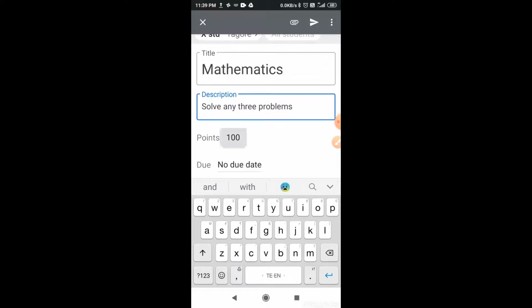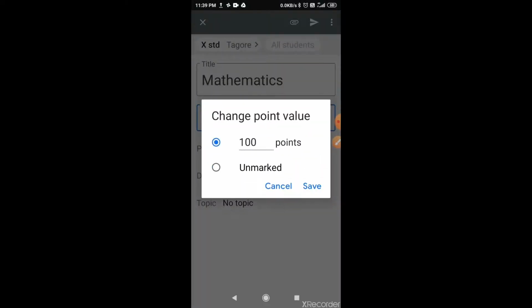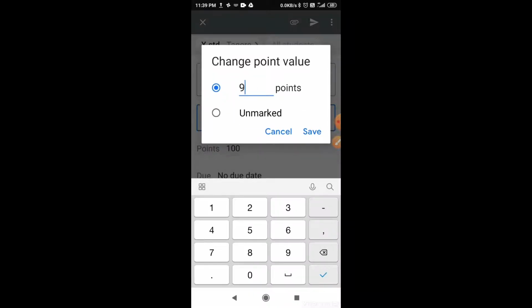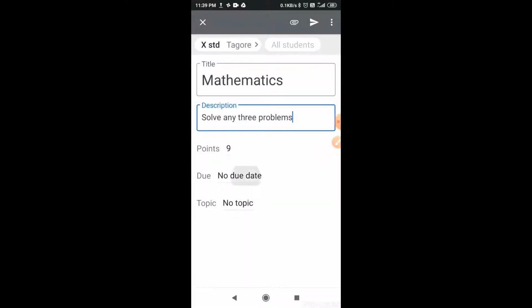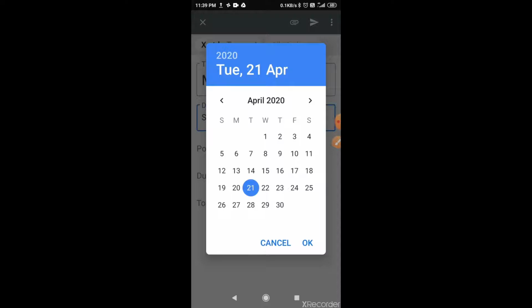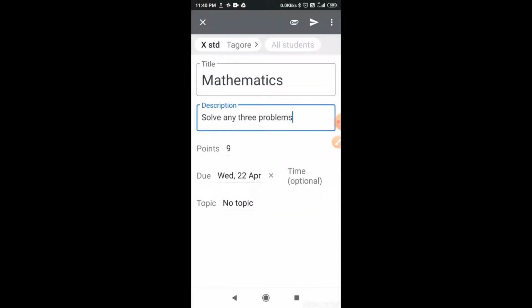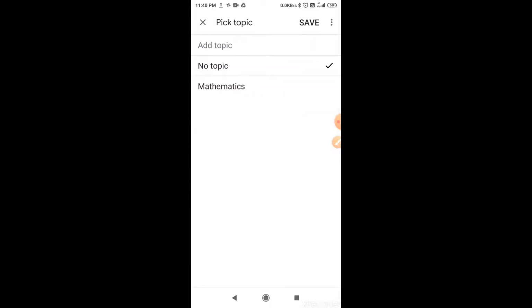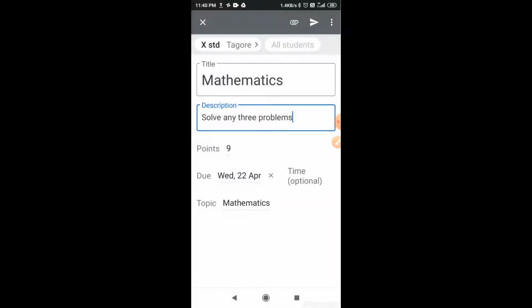Then I will give 3 means 3 into 3, 9 marks I will give. Okay, 9 points. Due date I can give some date. Tomorrow's date I am giving. Time, let it be optional. Topic, you select topic mathematics. Okay, I have selected. Now my work is to attach.